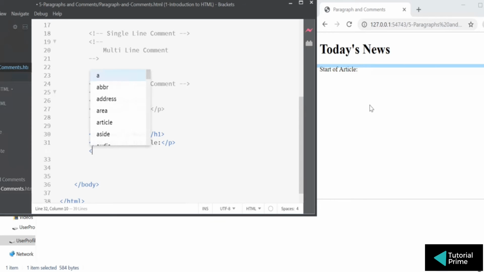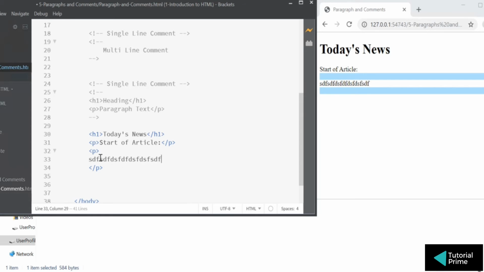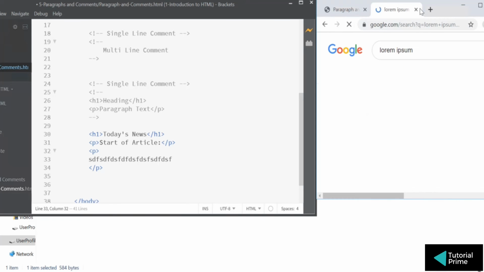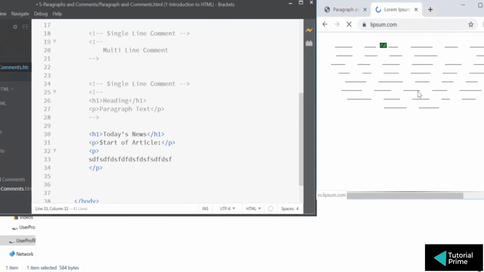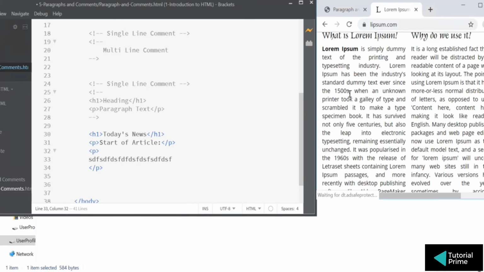Okay, and I want to paste some content here. Typically when you want to paste content, you tend to do this, right? There's a better way to write all that garbage. This is called lorem ipsum. If you're hearing lorem ipsum for the first time, it is a kind of garbage content. You can paste it anywhere you want. I'm going to copy this.